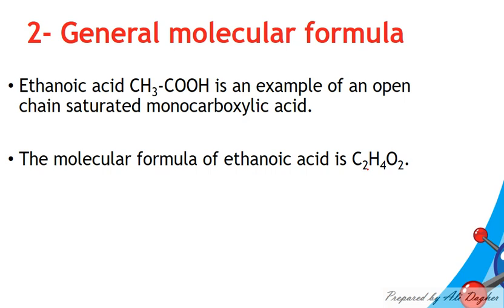In general, the number of carbon atoms is represented by n, and the number of hydrogen atoms by 2n plus or minus something. In this case, n equals 2, 2n equals 4, and the number of hydrogen equals 4, then we don't need to add or subtract any number. Therefore, the general formula is